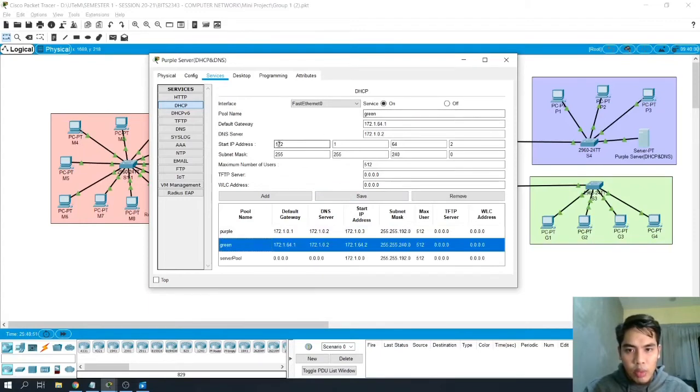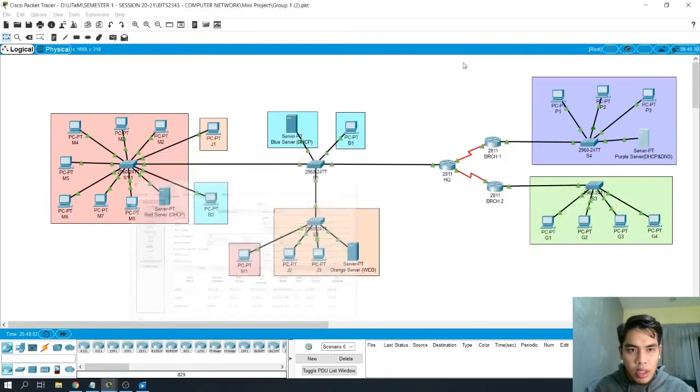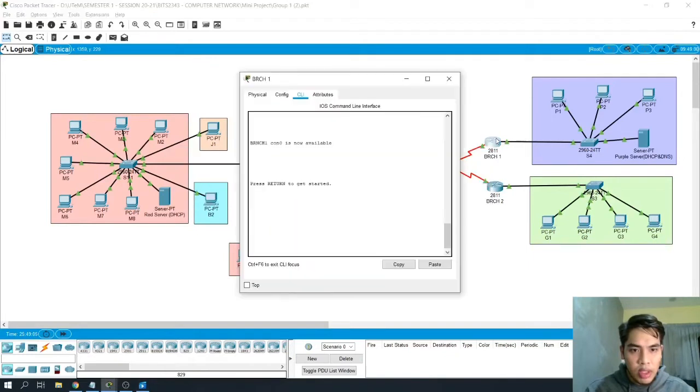So the second one is for green network. It will start from 172.1.64.2. The subnet is 255.255.240.0. The maximum number of users is 512. I will click save. But here I need to configure the DHCP relay agent from branch 1 router for the